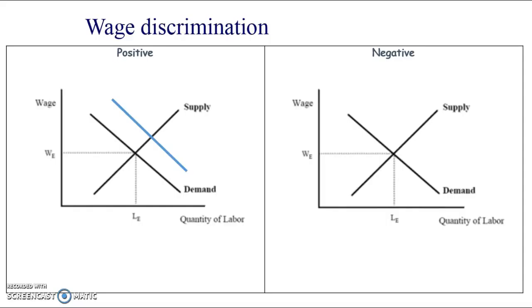They perceive them to be more productive, so they're more likely to employ them. There's higher demand for them. And negative discrimination works in the other way, so there's less demand for people from those groups. Now the impact, in the specification there is a section on the conditions necessary to carry out wage discrimination, and